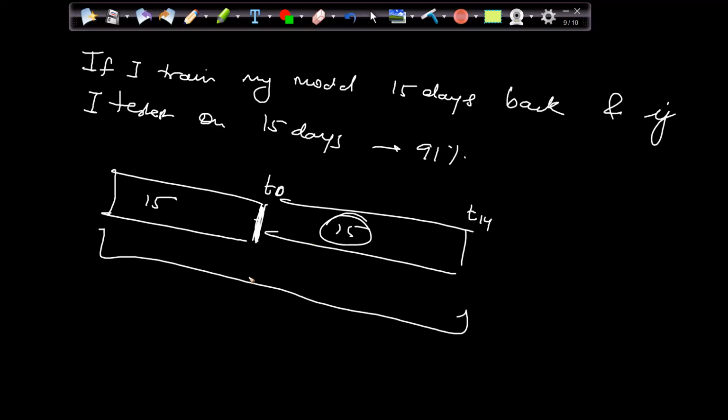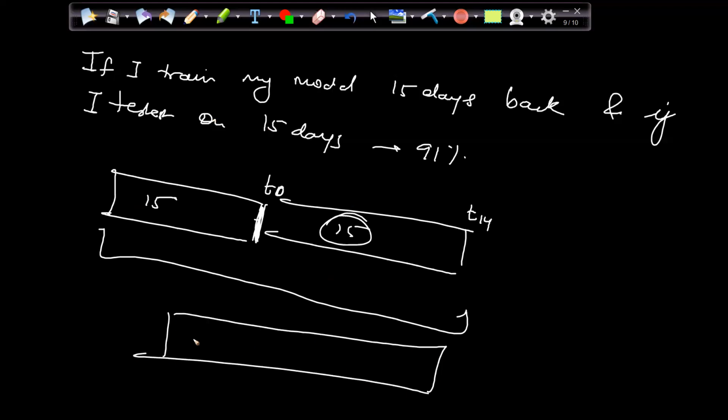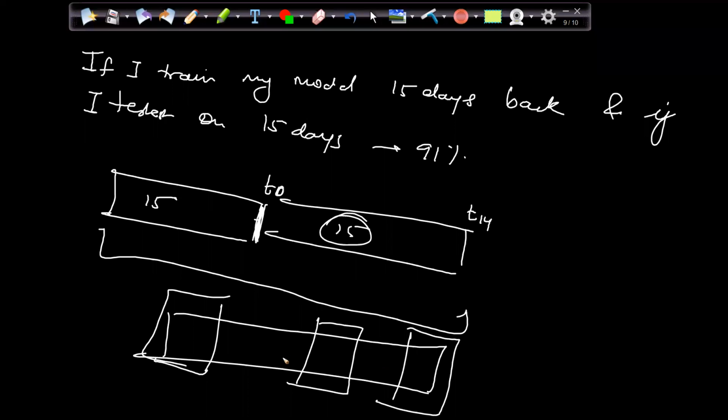because for the last 1 month the scenario will be almost on the same lines, rather than taking a huge amount of data and randomly choosing the data. Suppose I'm using 2 years of data. I took a few parts from here as train, a few parts from here as train, and a few parts from here as train. It's a mix of feedbacks, and I know that lately things are positive for me. So the training which is happening here is not that accurate. The training will happen better on the last few days of data as compared to randomly choosing the data from the entire data set.